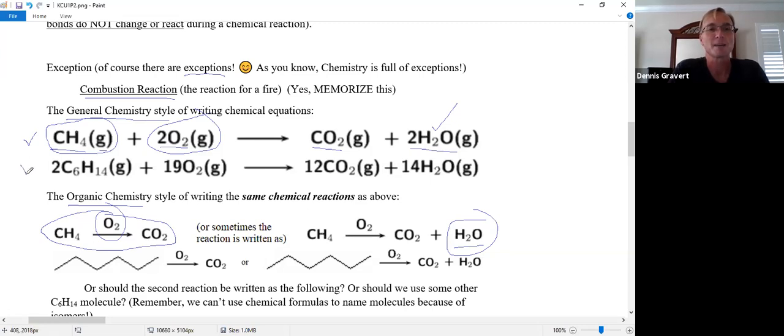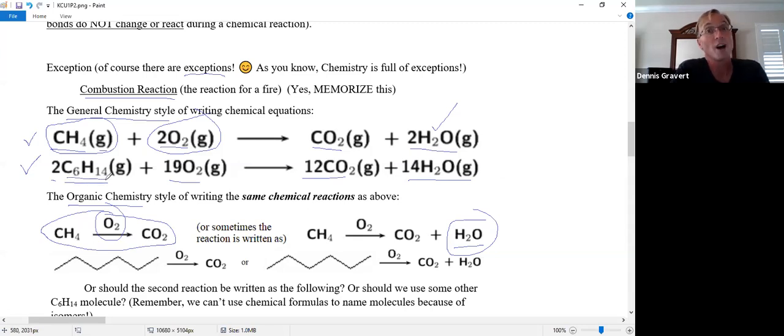So let's go back up to here, the general chemistry way of writing 2 molecules of C6H14 with 19 molecules of oxygen gas, makes 12 molecules of carbon dioxide and 14 molecules of water. Lots of detail there. All the physical states are shown. Everybody's a gas. Okay, organic chemist says, tell me about carbon. So